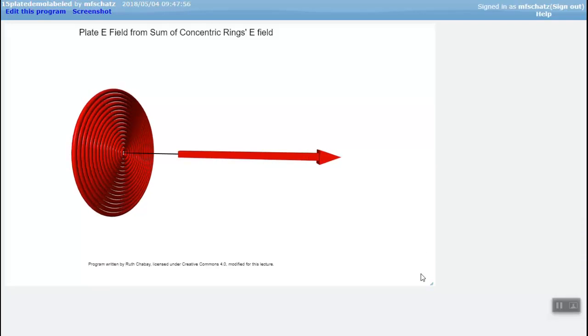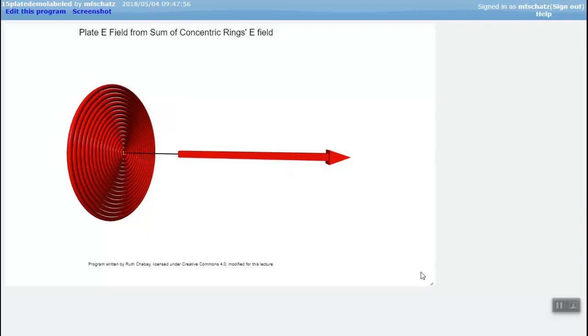Finally, the red arrow shows the net electric field due to the plate at the observation location on the symmetry axis. Specifically, on the axis that passes through the center of the plate perpendicular to the plane in which the plate lies. For our choice of coordinate system, that symmetry axis is the z-axis. On this axis, the total E field of the plate is parallel to this axis. That is, only the z component of this net field in general is non-zero. We'll now use these insights from this numerical calculation to guide an analytic calculation of a charged plate's electric field